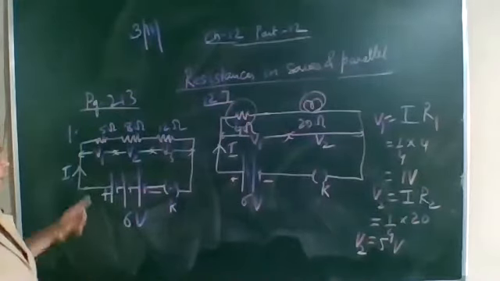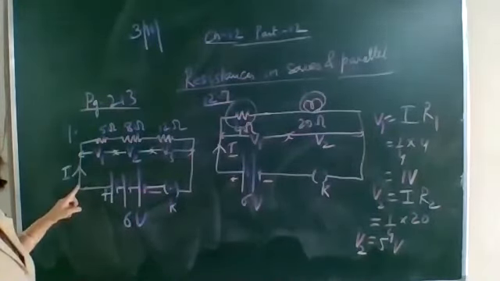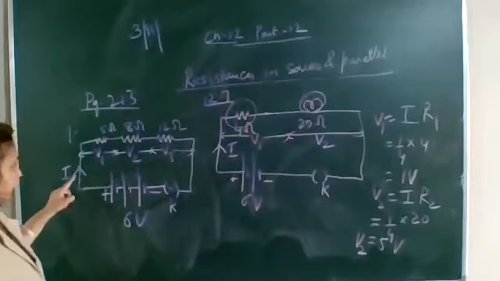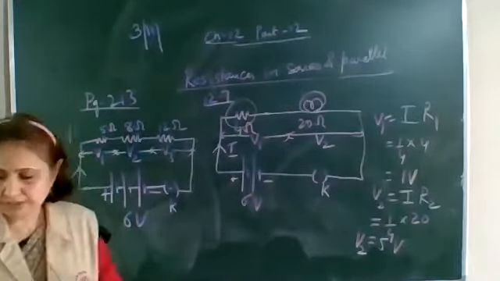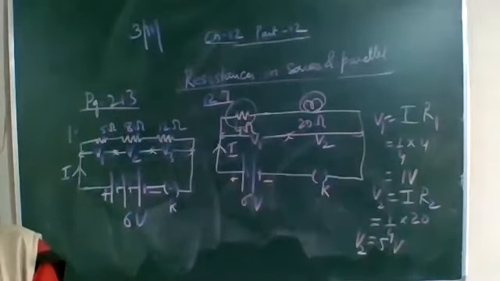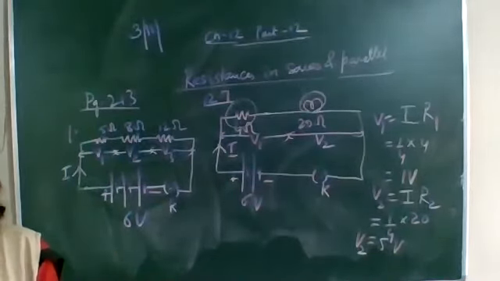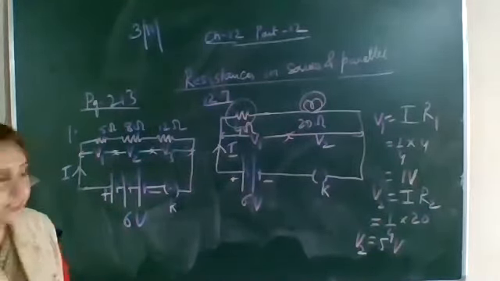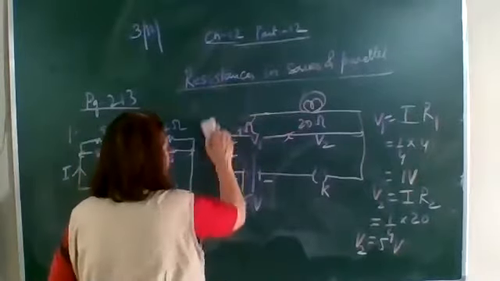Also, you can connect an ammeter which can measure the current. We have already drawn the direction of the current. Next, only this circuit diagram you have to draw in the first one. Question number 2: redraw the circuit of question number 1, putting an ammeter to measure the current through the resistors and a voltmeter to measure the potential difference across the 12 ohm resistor. What would be the readings of the ammeter and voltmeter?